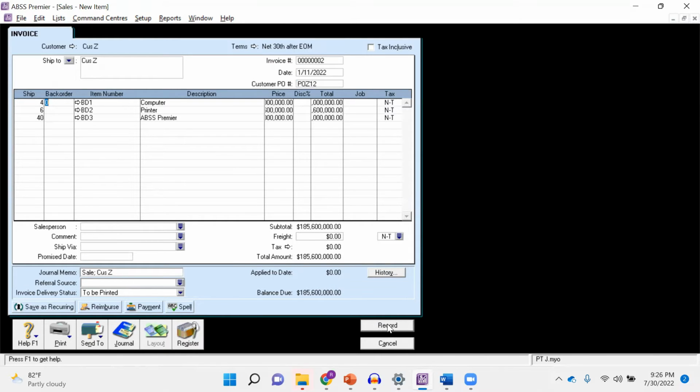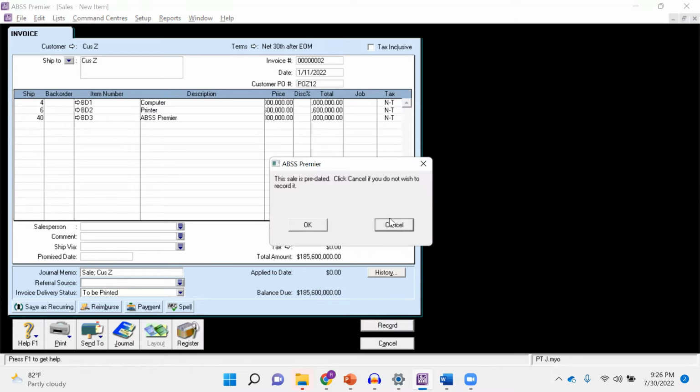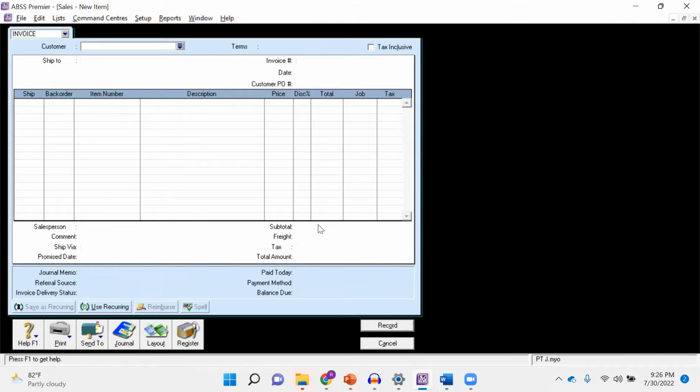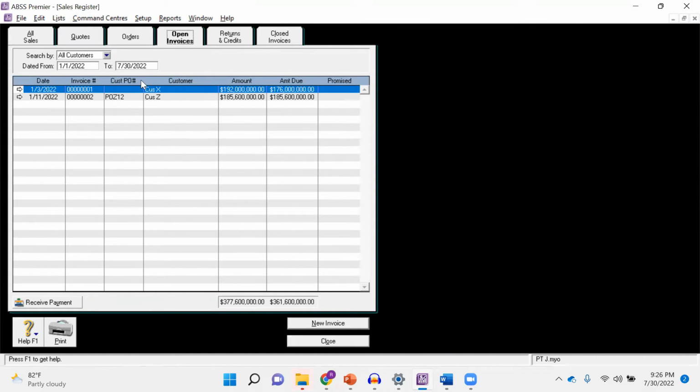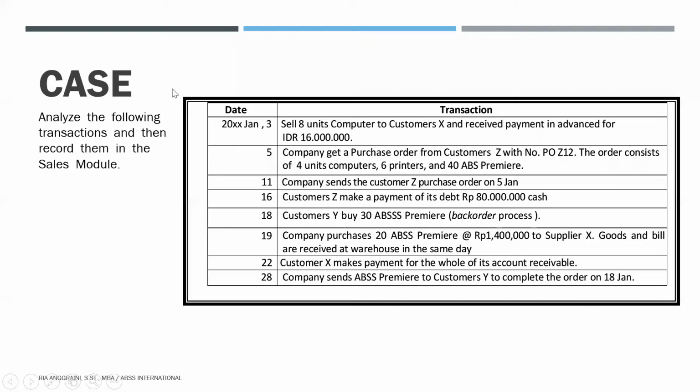Now we've done, just record it. As you can see here, the orders is already empty and it's moved to the open invoices. Okay. The next transaction is 16th January.